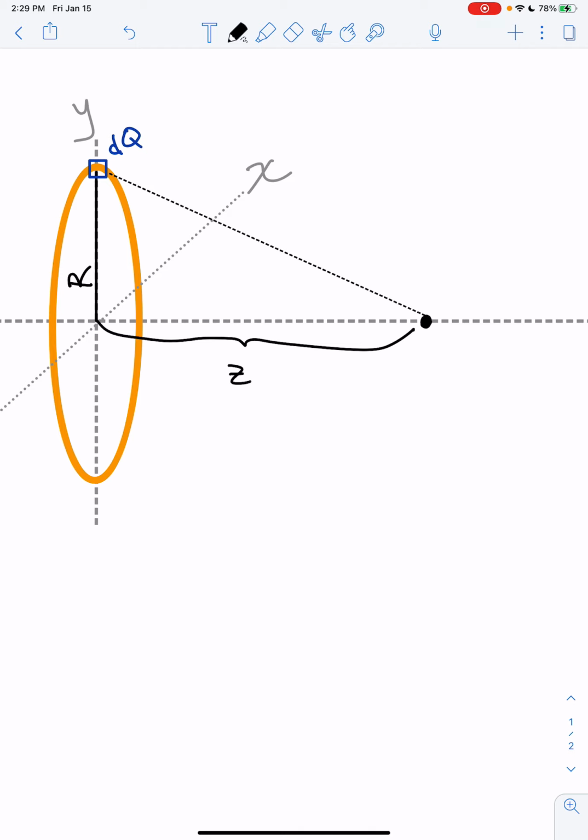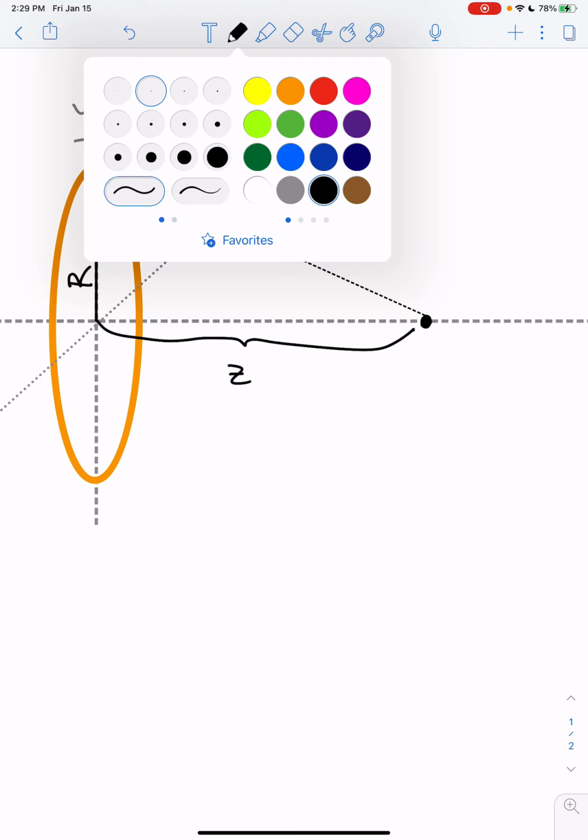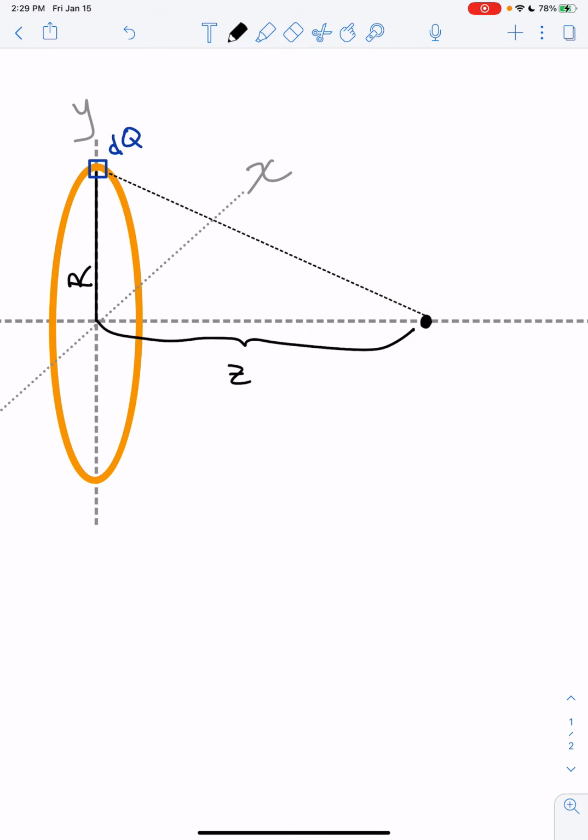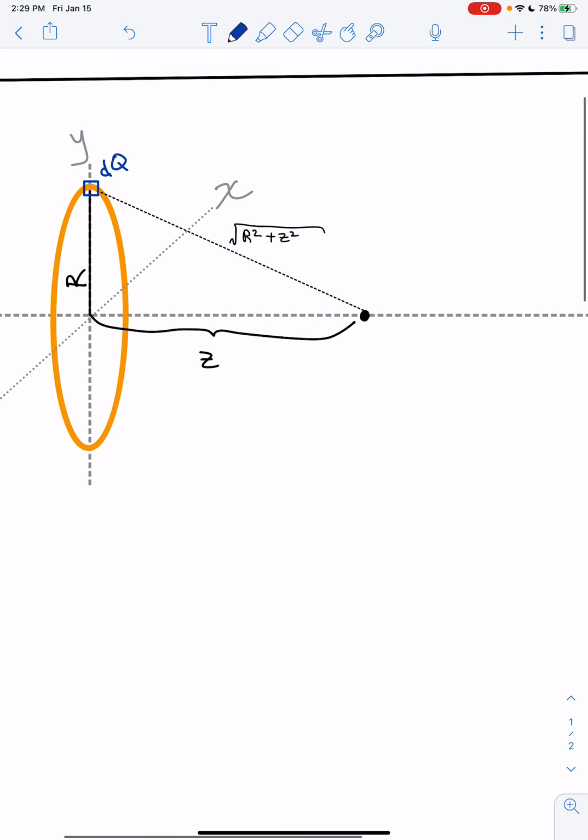Okay, and so we're some distance away, and in fact that distance is going to be the square root of r squared plus z squared. That gives us this distance away from the point. Okay, and so we'll do this in blue, I guess, for the electric field. It's going to produce an electric field in that direction, at the same angle, we'll try to make that very similar. And so this will be some sort of dE